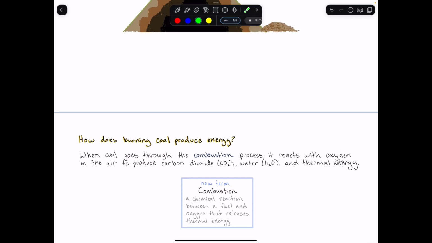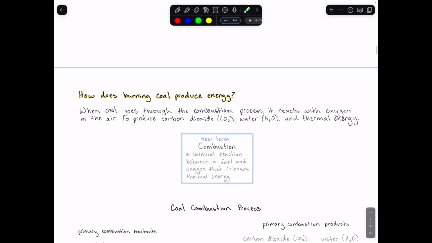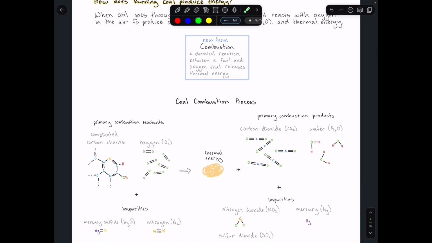Okay, with that, let's discuss now how burning coal produces energy. So when coal is burned, it undergoes a chemical reaction known as combustion. And combustion refers to a chemical reaction between a fuel and oxygen that releases thermal energy. So in the case of coal,